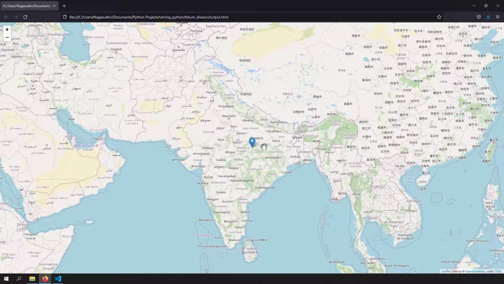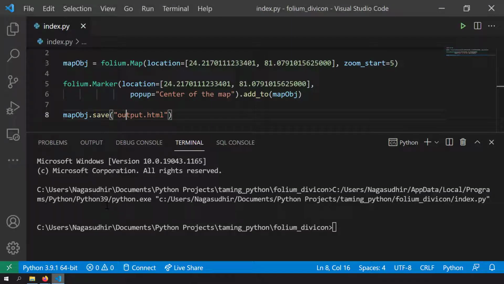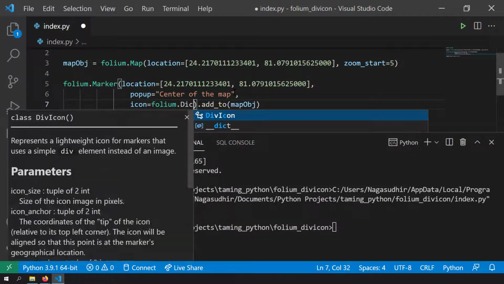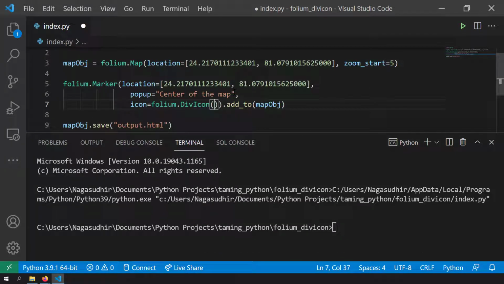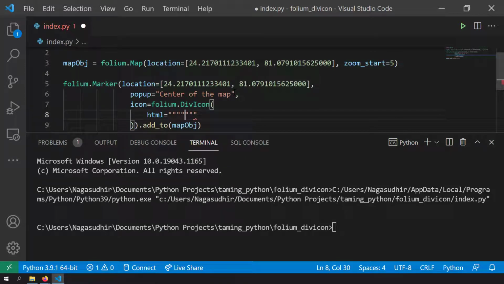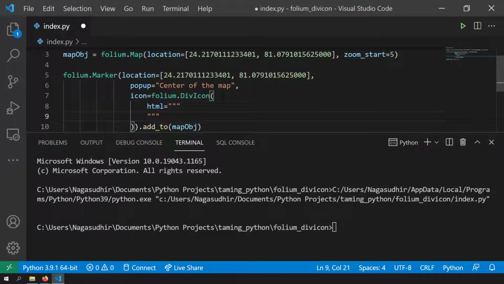But the effect which we want to achieve is basically you want a text instead of marker, right? So let's try to change our code to do something like that. So I'm going to give another option to this folium.Marker function. I'm going to write icon equal to, and I'll write folium.DivIcon. So now what I'm doing is instead of a default marker, I'm giving a div. So the option which I've got to give is html equal to. So this is the HTML which I'm going to inject in this div, right? So I'm using this triple quote so that I can write multi-line strings. And here inside this div, I will write a small span. I'll just write hello world. You can write any HTML content.